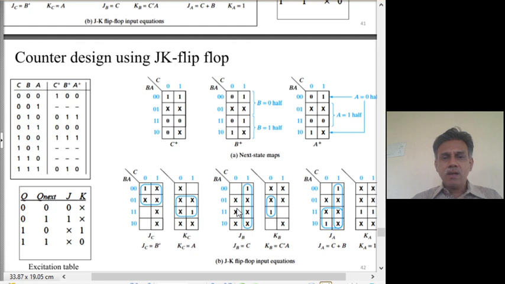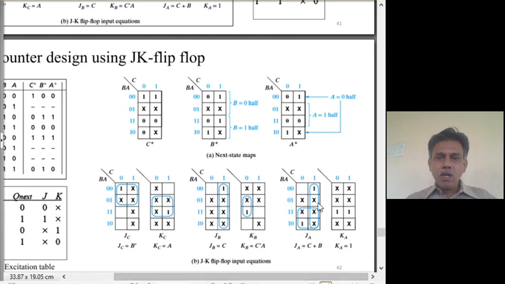Coming to KB, while these were don't cares for J, these will be don't cares for K. So for K, the 0 part is don't care, the 1 part when you fill in you have to flip it. So the 0 part is don't care, the 1 part is flipped and filled. So this bit is 1, these two are zeros, then you have an x. This is how you have to fill.